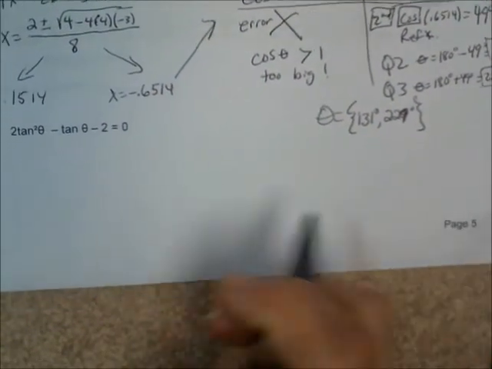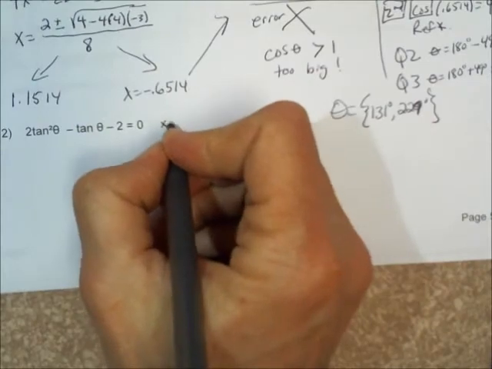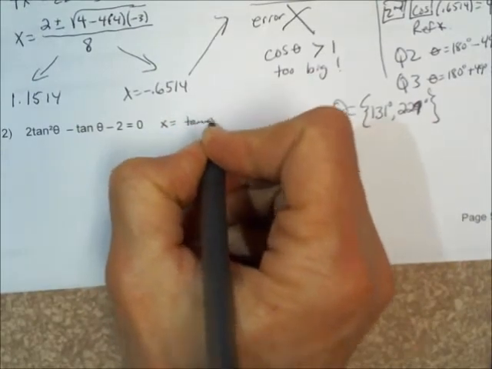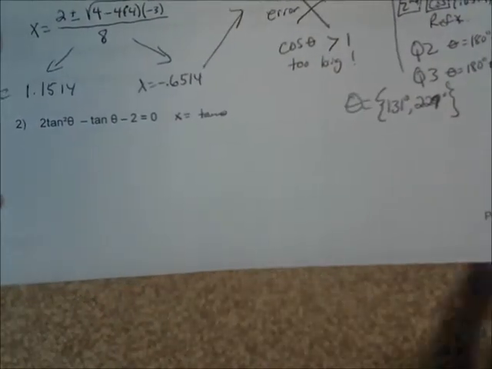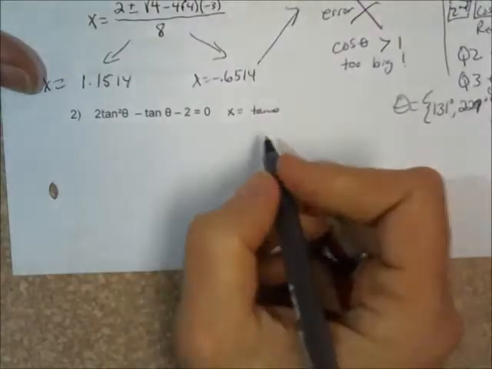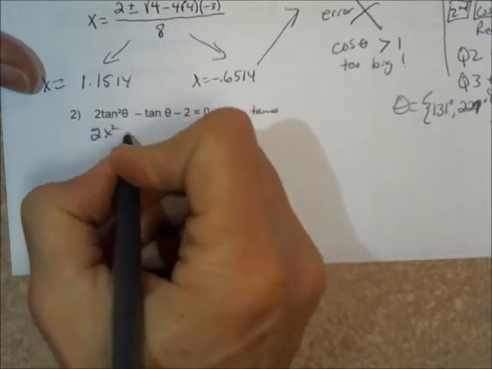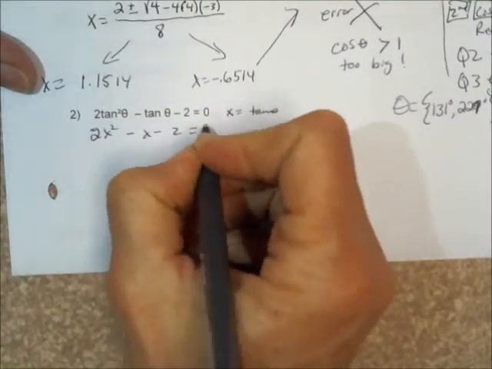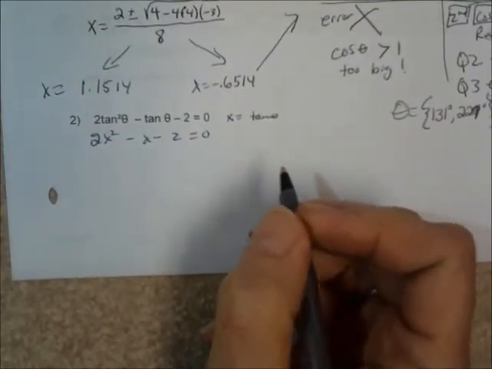The next one is a tangent problem. So we're going to let x equal the tangent of theta. If you want to try any of these on your own, you're certainly welcome to shut the video off and try these on your own. Then turn it up again and see if you're right. This is 2x squared minus x minus 2 equals 0. It's unfactorable. So we let